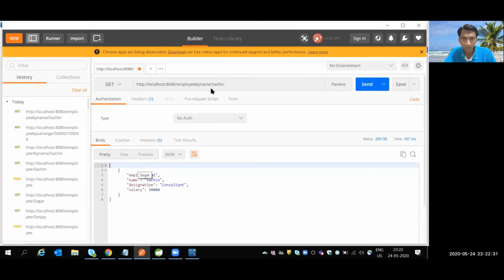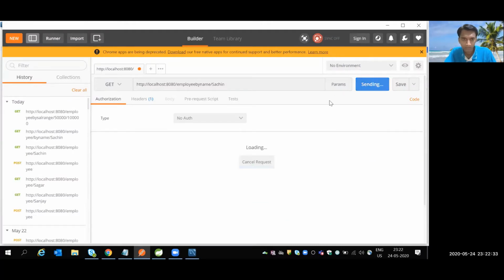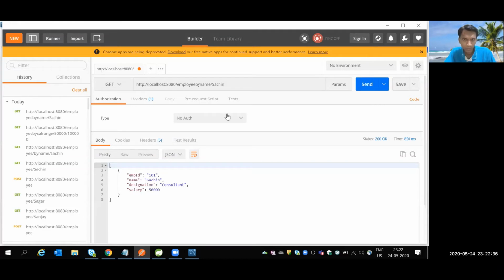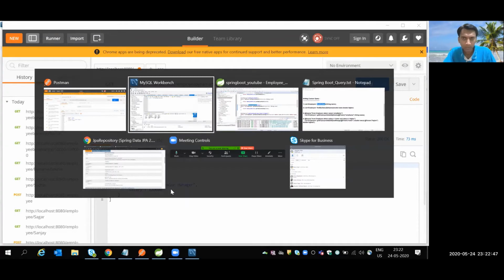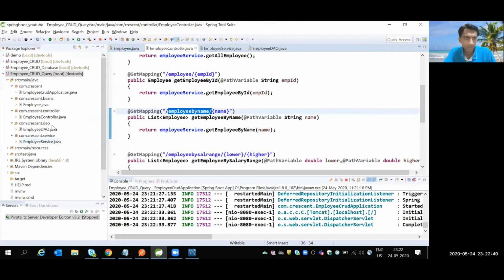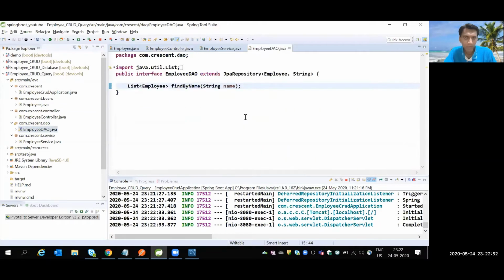So, employee by name slash Sachin. When I hit the request, I'm getting the same records, or if I type Sagar instead of Sachin, I get those records. So what's the magic here? The magic is I have to write findByName. Once again, I'm repeating, whatever the property name is, you have to write exactly the same name. If you write something like findByEmpName, employee name, and save it,